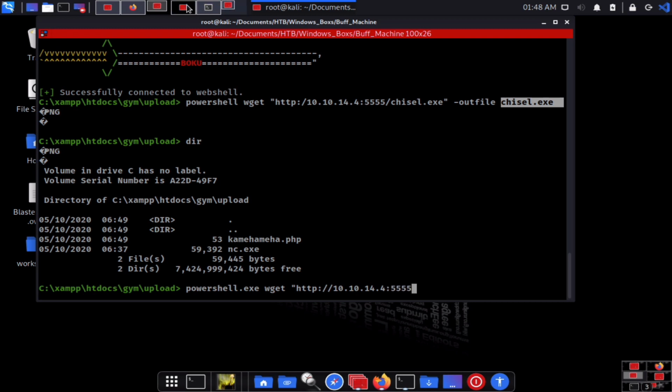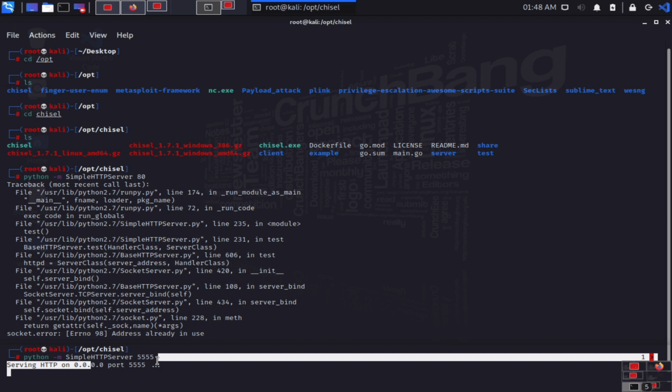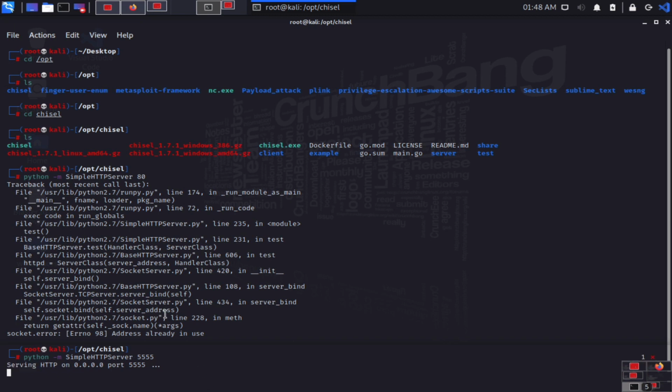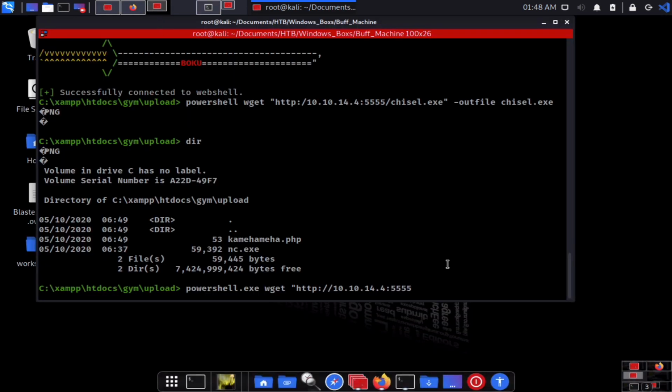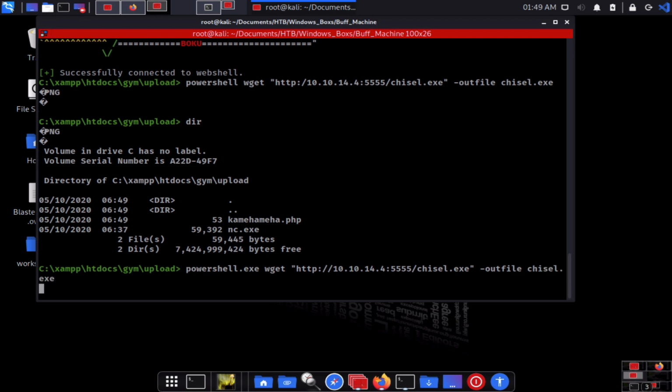Let me check the port number properly, what exactly it is. 5555, and here we have chisel, and then -OutFile. Enter.